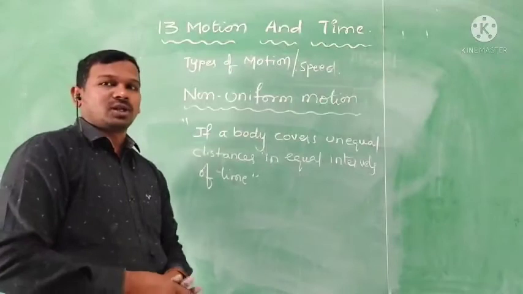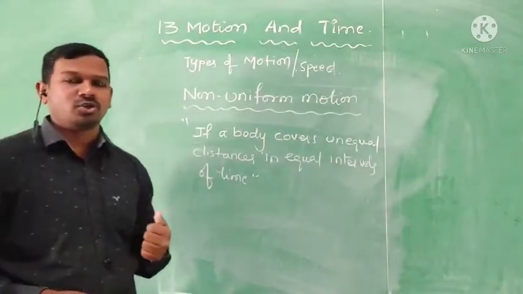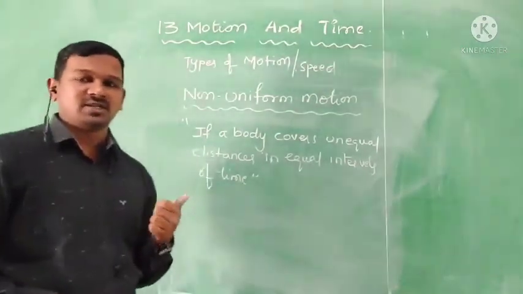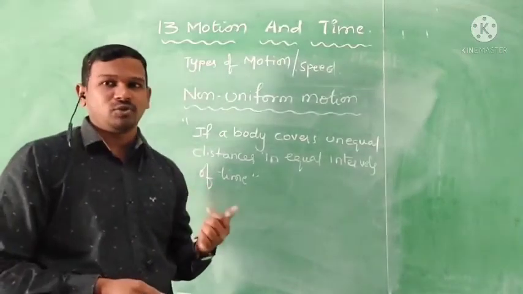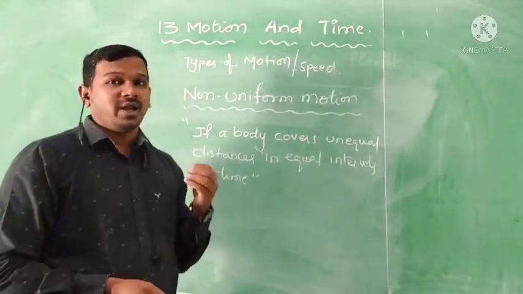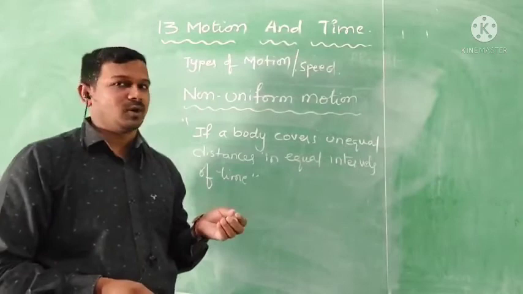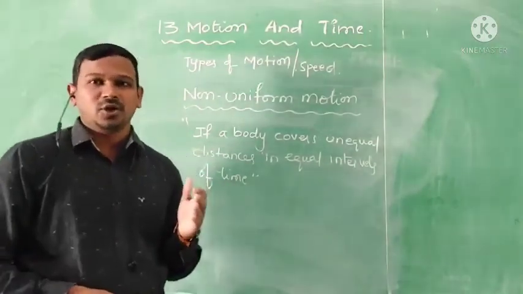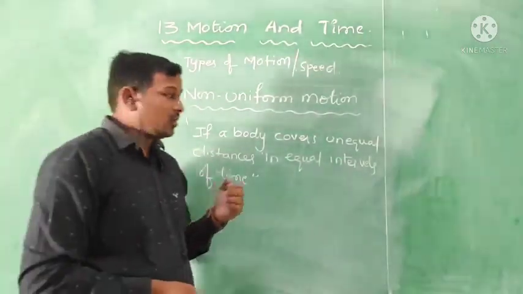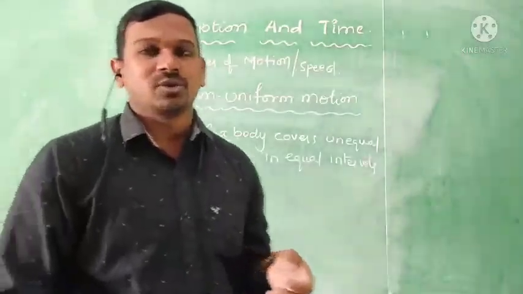So I hope you got the clarity about uniform motion and non-uniform motion. If the body is covering equal distances in equal intervals of time, that is said to be uniform motion. If the body is covering unequal distances in equal intervals of time, the type of motion we can call non-uniform motion. Now in the next session we are going to discuss the measurement